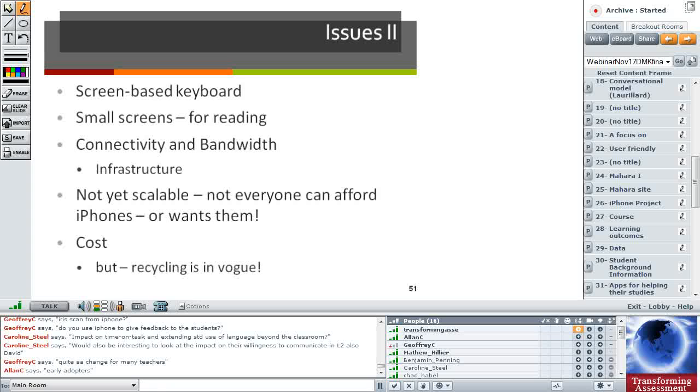There are lots of competitors up here, sort of iPhone copies, where the interfaces are pretty awful and the functionality is extremely limited. And cost is always going to be an impact here, but recycling is huge here. There are many iPhones recycling through the system as they pass their way down, because there is a culture of buying the newest and the best and the shiniest, and people swap these things over as quickly as possible. So we're going to repeat the study again in second semester with another group of students.